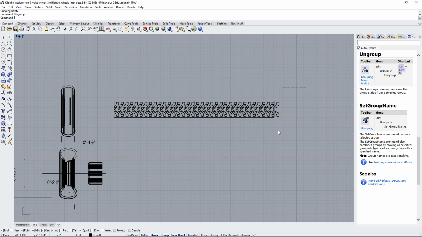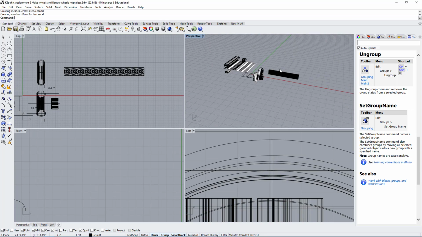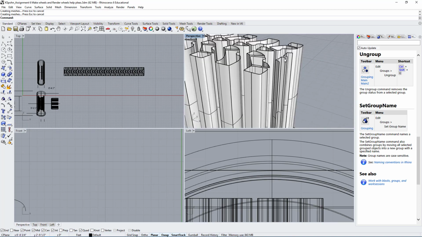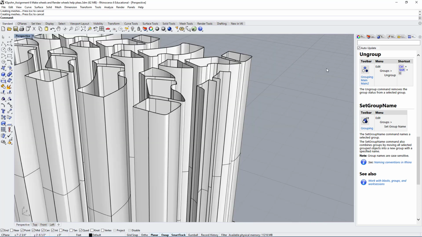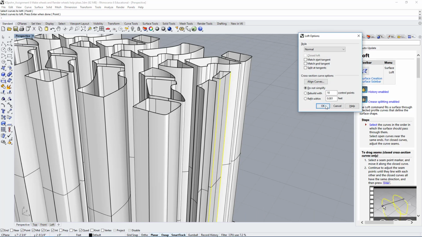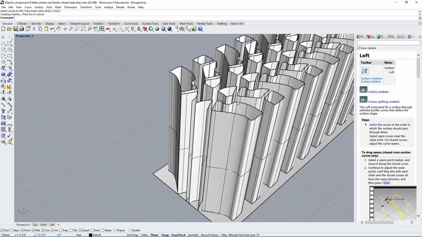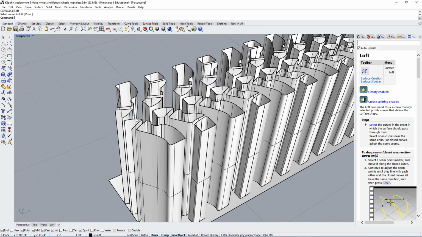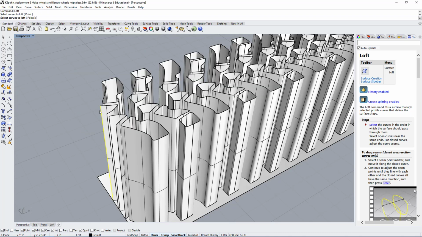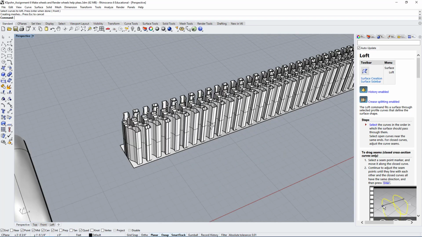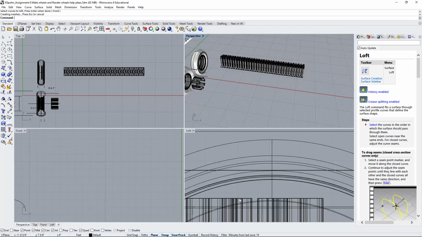Let's ungroup this, delete anything up here. So now we have a pattern that can be used, and we still have to work on it because it's not closed. It's a little unfinished. So we will have to go in and do a loft, close off this edge. We want this to be basically a solid. It's easier to make everything a solid because later on you would use this pattern to actually remove from the tire or add onto the tire. So you can use a Boolean union or Boolean divide if you make it a solid. Now if you don't make it a solid, it makes the whole process a little more difficult.